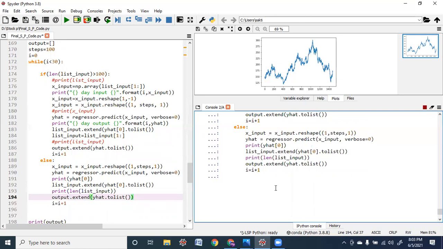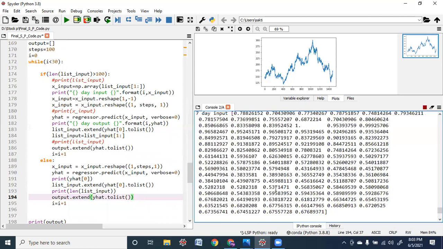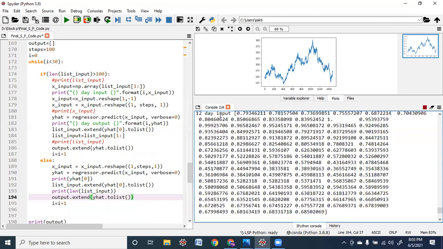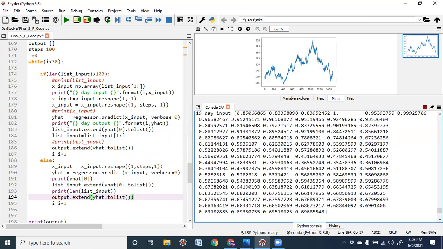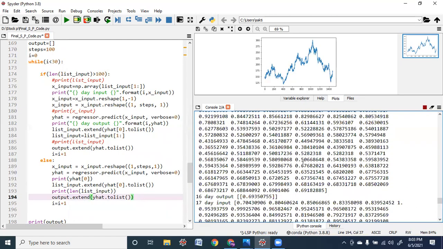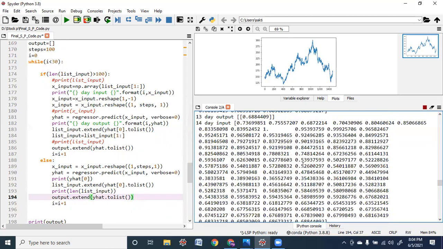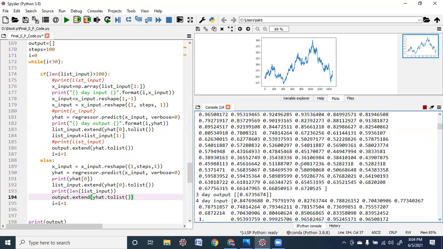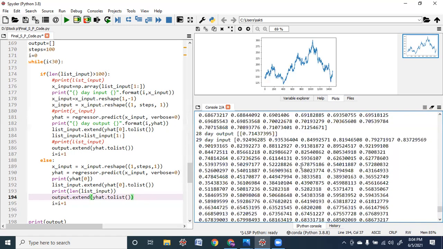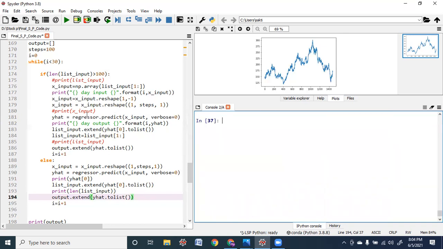Now I am executing it. So you can see here, guys. So 7th day, 6th day. So each and every day you can very well have. So it is being executed. So you can see from the beginning. Okay, 16th day, like that, it is getting executed. So you are having all the outputs for 30 days.